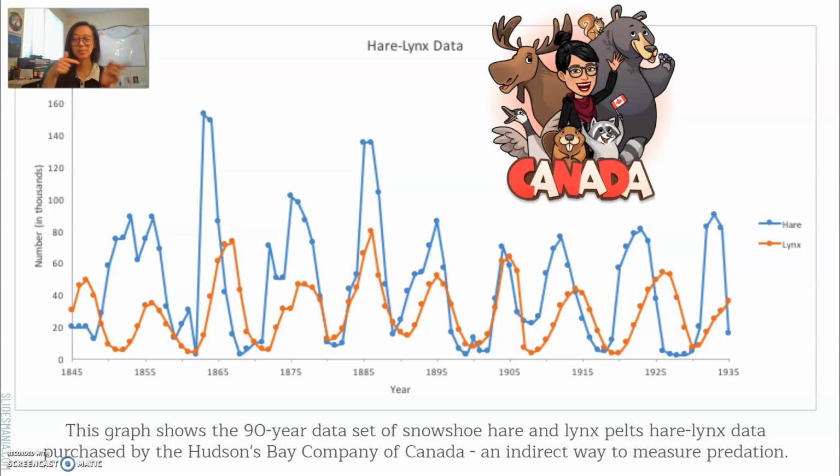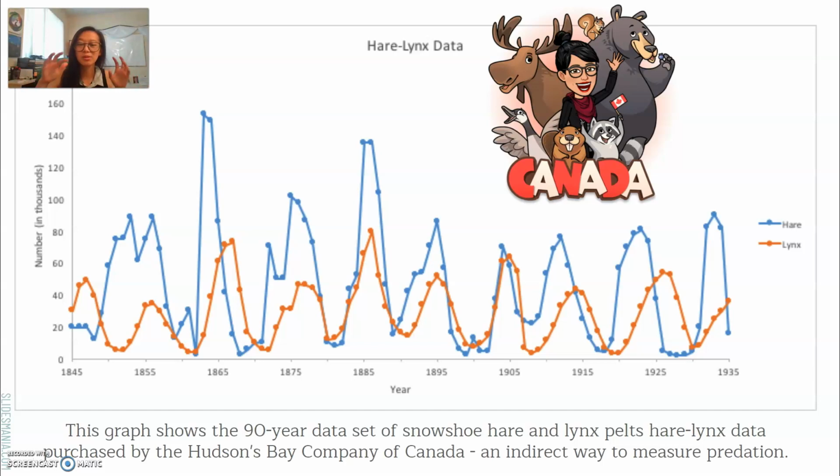All right, cool. So the next thing, we talked about competition. This is predation. So let's look at this graph here for a second. It is Hare Lynx data from Canada over the course of 90 years, and they tracked the population. So what you have on the bottom, the x-axis is the year, so over time, and then the y-axis is the number of organisms. So how many hares, how many lynxes. Hares are kind of like rabbits-ish, and then lynxes are big felines.